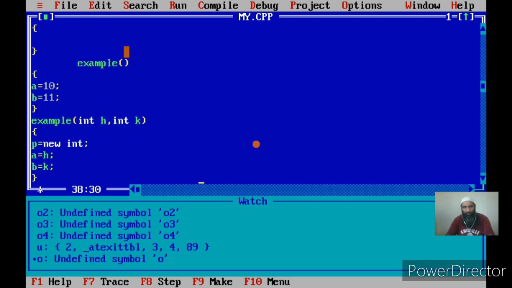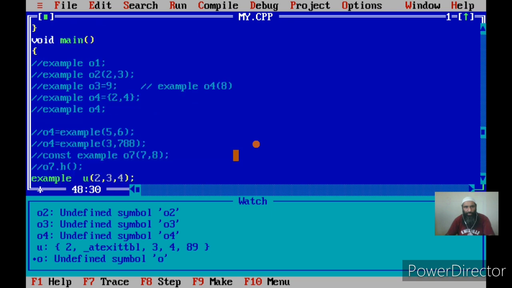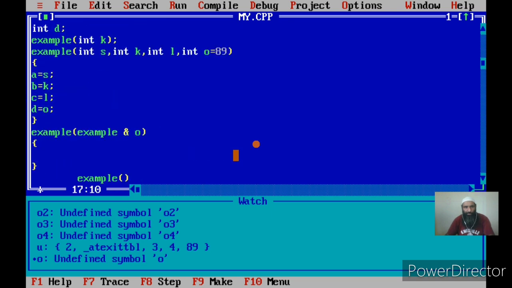Now, if you see after the return from the call, I have passed the values 2, 3 and 4. Since s I am initializing to a, a has been set to 2. The next member is a pointer, and I am not initializing that. The third member, b, is initialized to 3, and the fourth member, c, is initialized to l, that is 4.